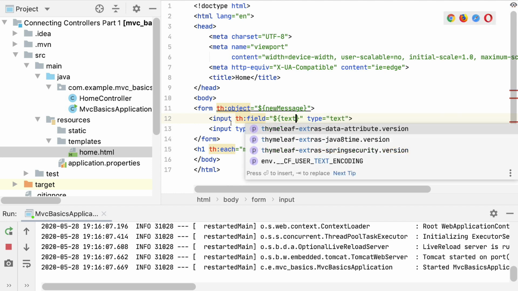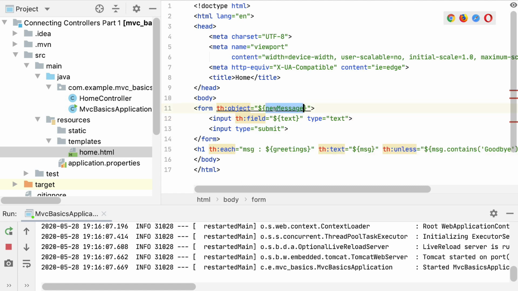Now, you'll notice that I haven't actually referenced the newMessage variable for our text field. That's because when we set a th:object attribute on a form element, we can actually shortcut this rather than typing in newMessage.text. We can simply write text, and it will know that we're referring to the th:object that encloses the th:field object. Now, I've made one mistake, though. Unfortunately, we can't just use the same expression language signifier, the dollar sign. In order to do a field selection like this, we need to use an asterisk.